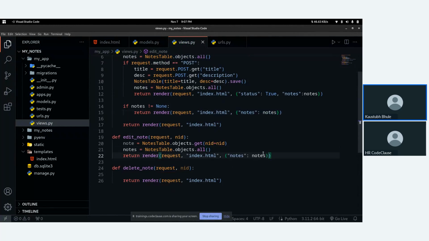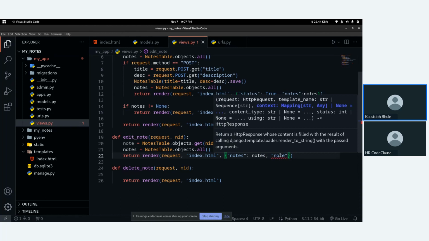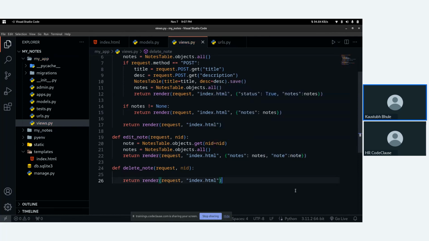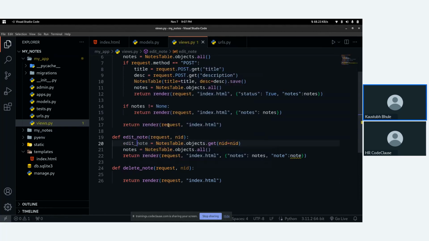These are our main notes, total all notes, followed by the note which I want to edit, colon note. To minimize your confusion, I will just say edit underscore note. Fine. So we are sending our total notes and the note data we want to edit.